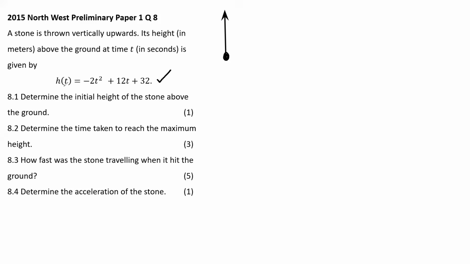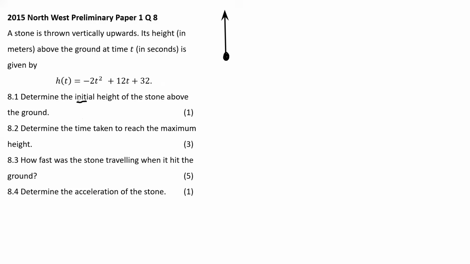So the h is the height of the stone above the ground. The t is time in seconds. So the formula for the height of the stone above the ground at a certain time is this. The first question says,